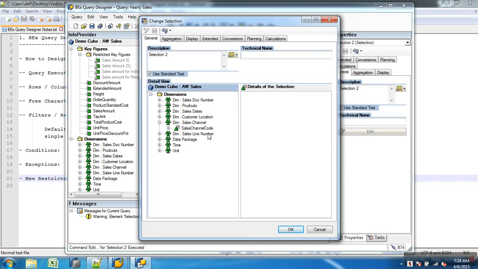Key figures can be used only in one structure. So when you say new selection, it is the same as restricted key figure, that is fine, but it's local. But when you get into details, when you have two structures, the new selection built on one structure can use key figures in it, and the new selection built on the other structure cannot use key figures. That's why the new selection built on one structure uses key figures, and the new selection on the other structure cannot use key figures. Okay.